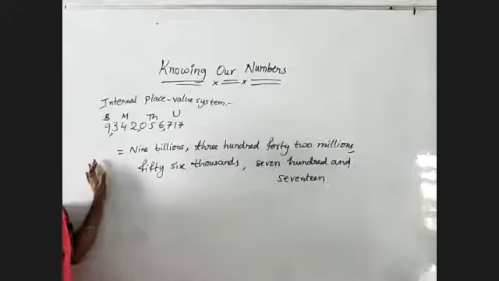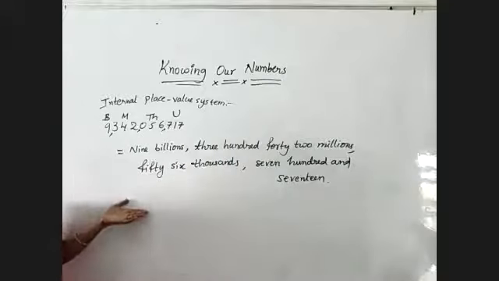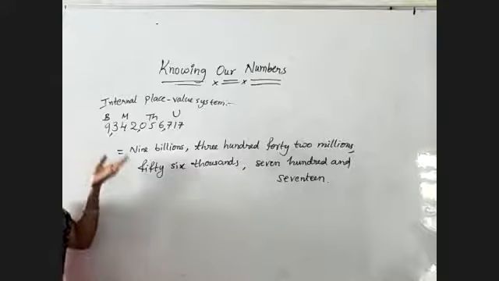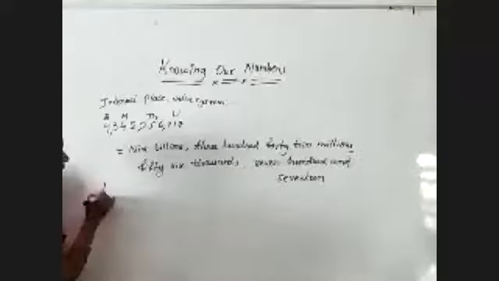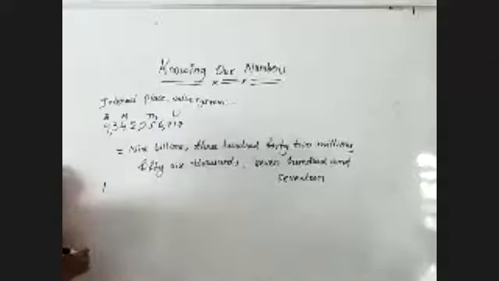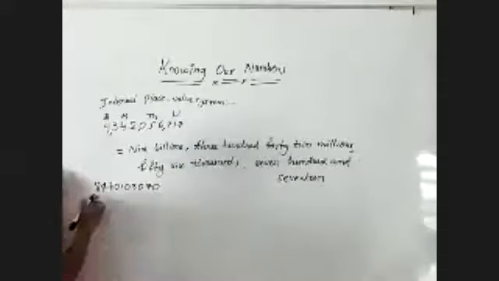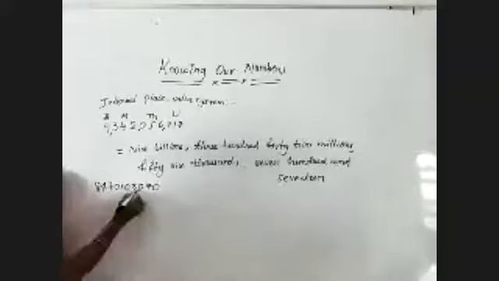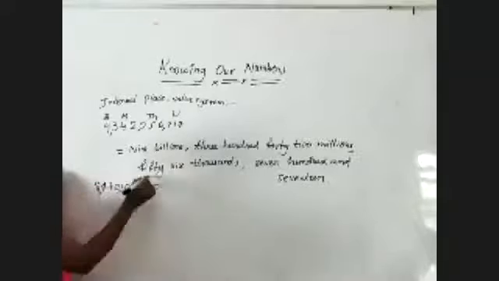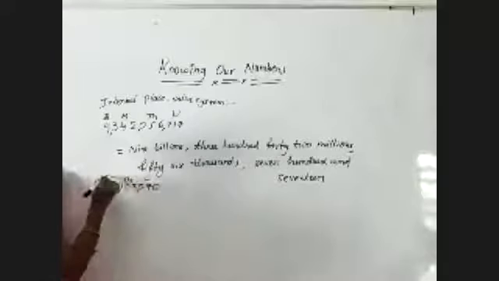If you have any mobile number, any number, try to write that number in the international place value system and Indian place value system. Then how will you get the answer? Take another mobile number, 8470, like that I got 1 2 3 4 5 6 7 8 9 10 digits. So separate again by using commas: units, thousands, millions and billions.